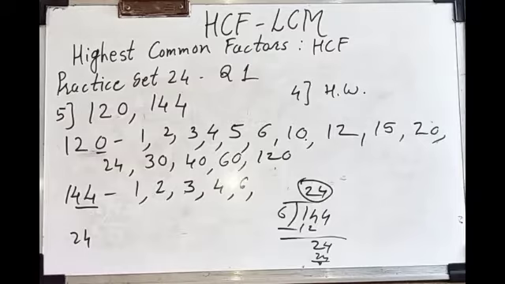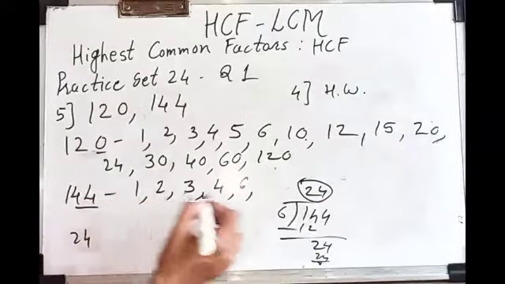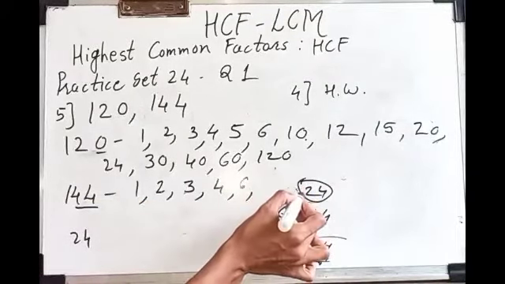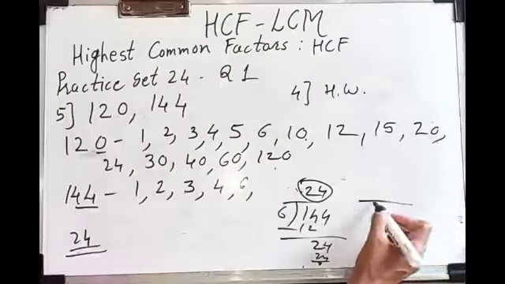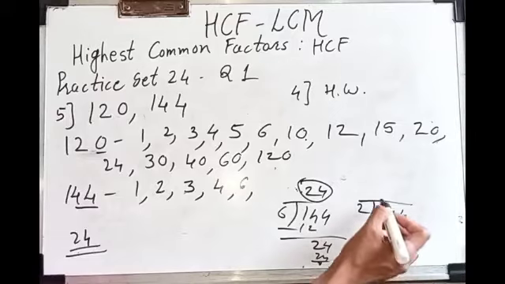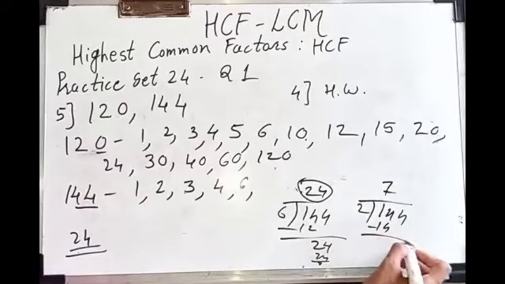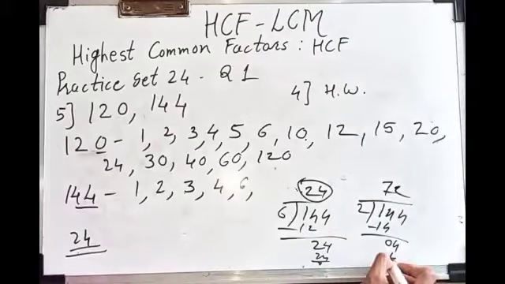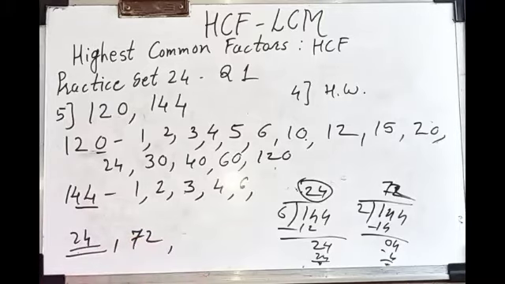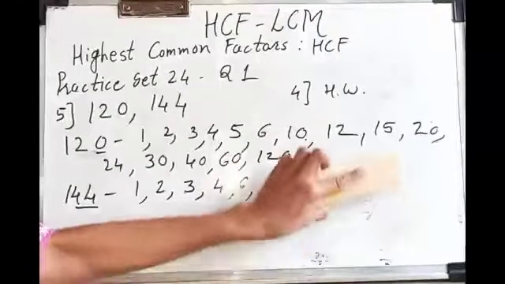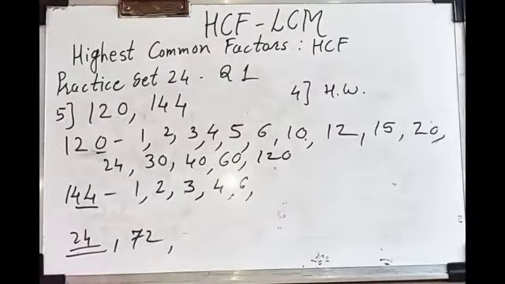So remember, when we divide such a number, the quotient that comes, students, that quotient is also one of the factors of that number. Suppose I divide 144 by 2. What answer comes? 2 7s are 14, 2 2s are 4. So 72. 72 is also one of the factors of 144. If I divide by 3. See, I am telling you a trick to find the bigger factors if the 3-digit number is there.